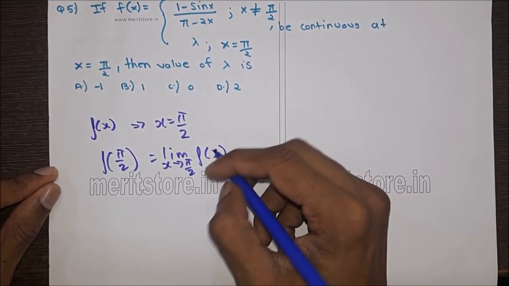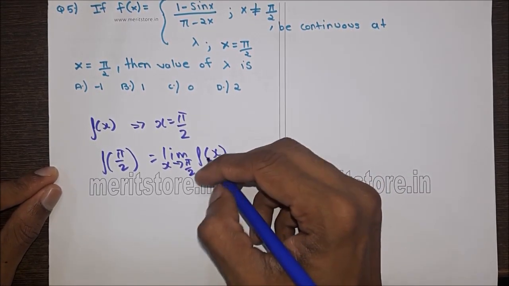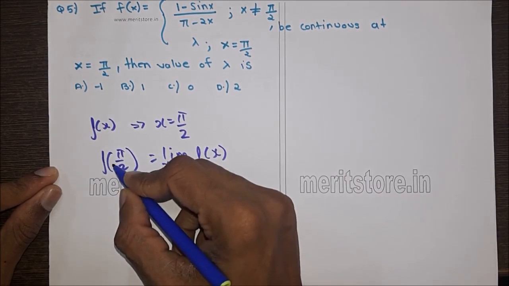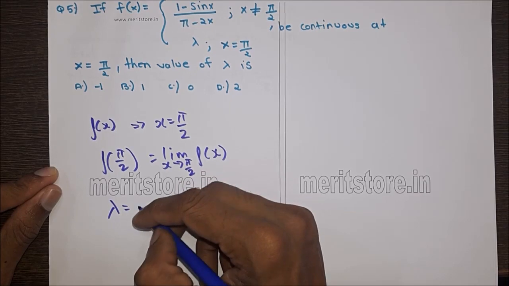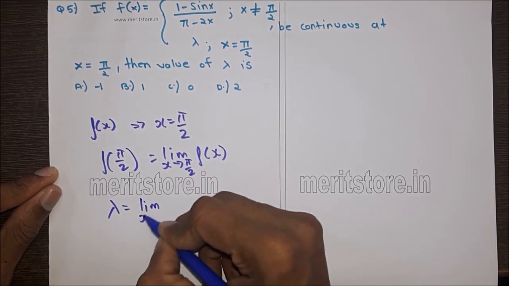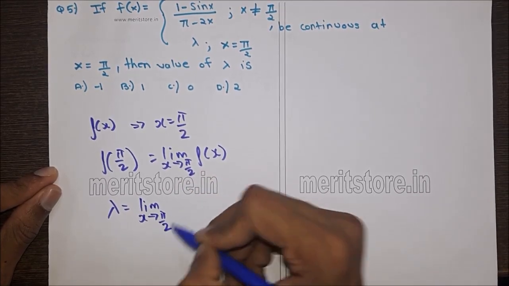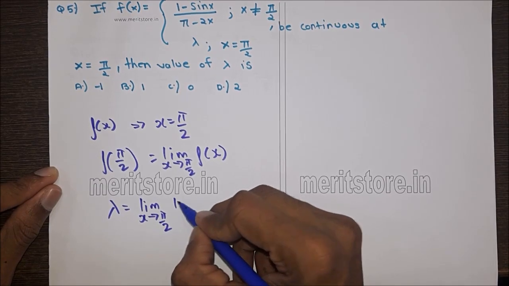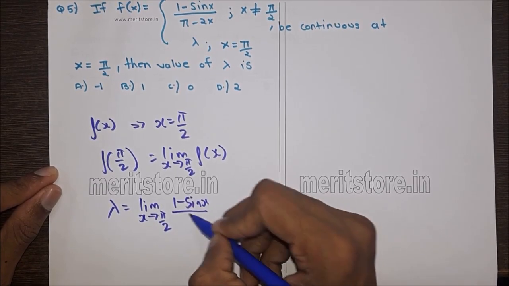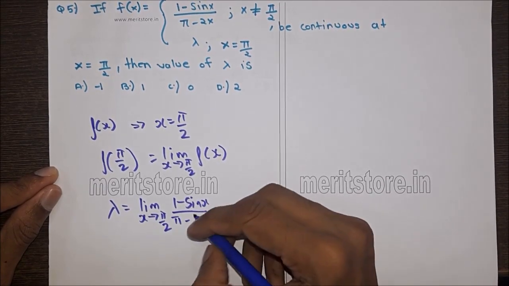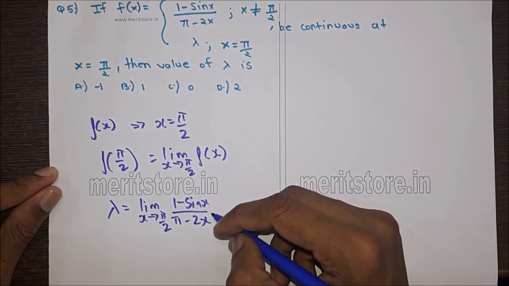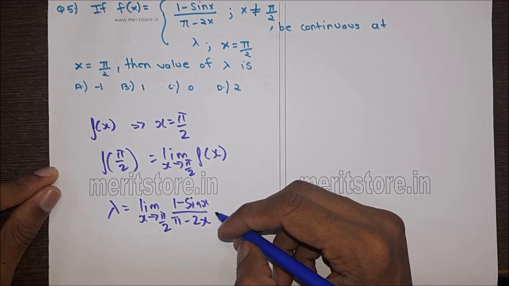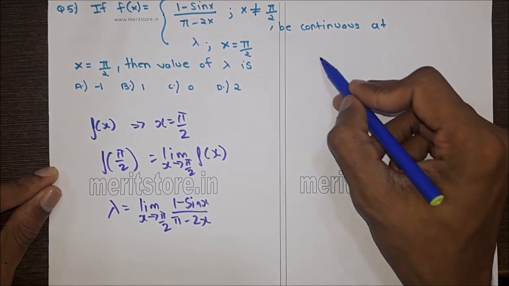We can substitute the function f(x), and f(π/2), we know, is equal to λ. Therefore λ is equal to the limit as x approaches π/2 of (1 - sin x)/(π - 2x), which is in the form 0/0, where we can apply L'Hospital's rule. From L'Hospital's rule,